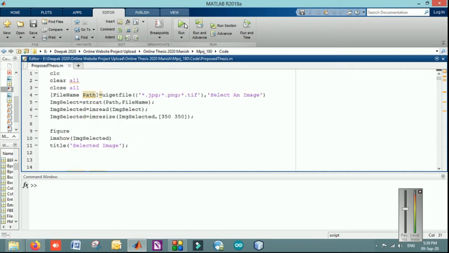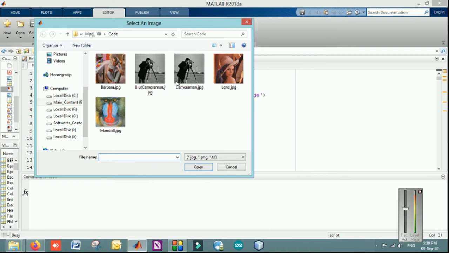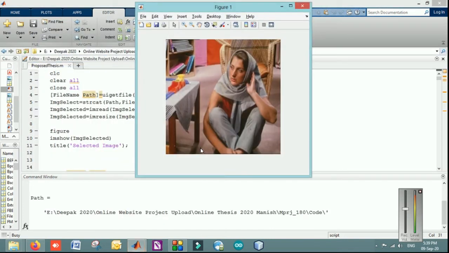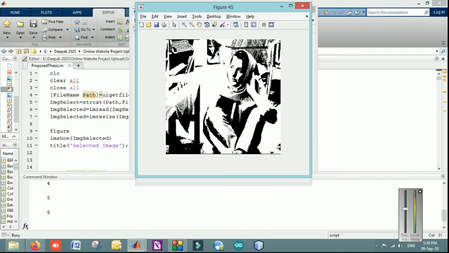When I'm running this code, it will firstly give me an option to select an image from anywhere on the PC. I have taken a few images as I need to compare with the traditional technology. So I am taking the common images in that paper and in our technology also. I am selecting the Barbara, which is an internal image of MATLAB also. When I open it, it will process it and calculate the segments from it.